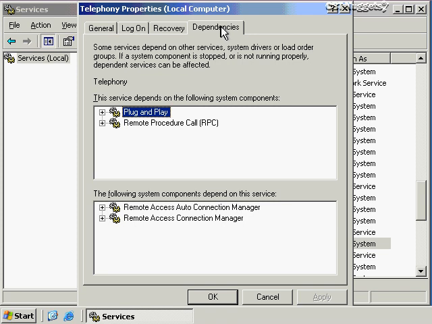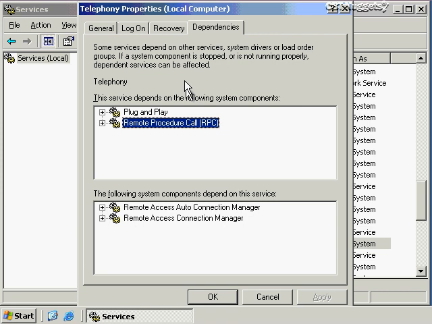Also, once I've made that connection and I can successfully dial out, I need to be able to access resources on the destination network, and we do that in Windows networking typically through remote procedure calls. Well, if I don't have remote procedure calls available, then my telephony service is not going to work very well because I'm not going to be able to access anything. We also have remote access auto connection manager. Let me show you how that could have a place in this.